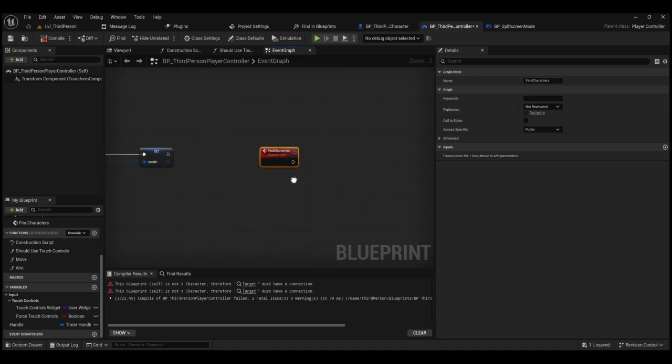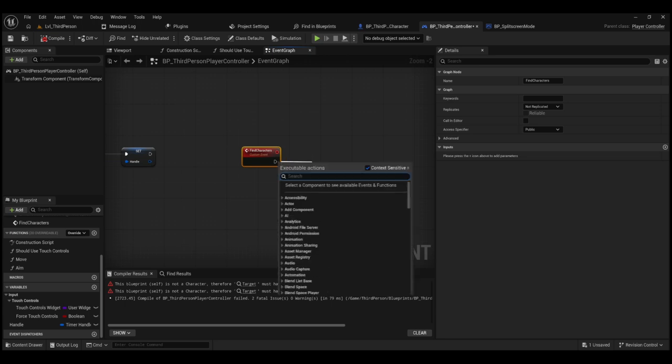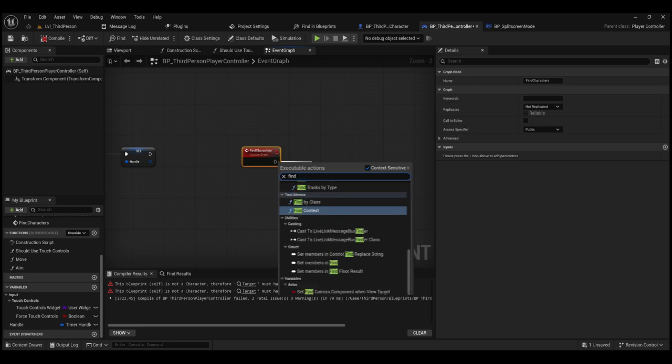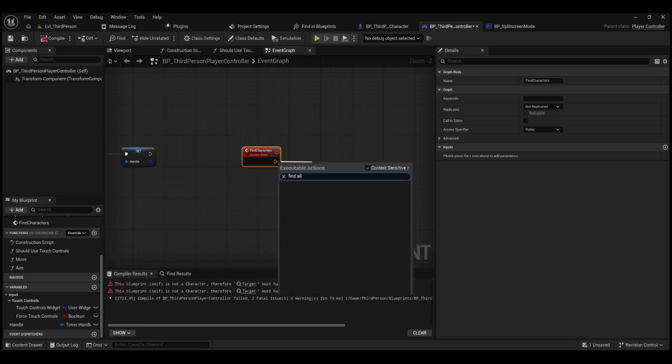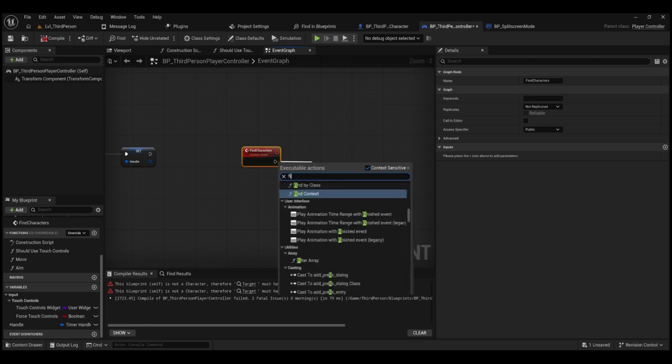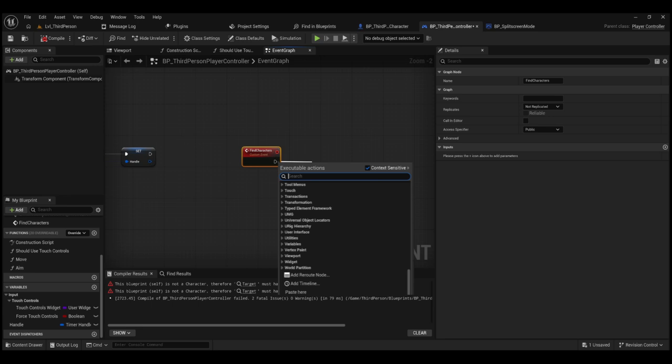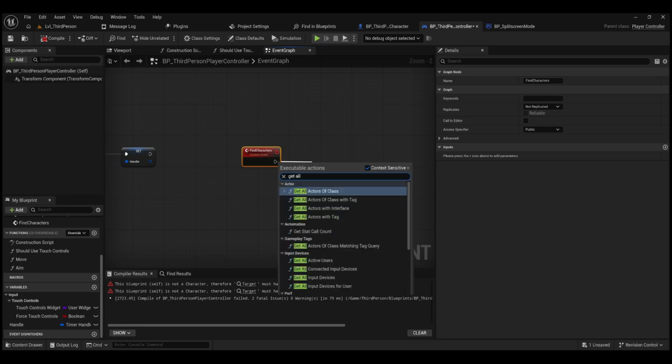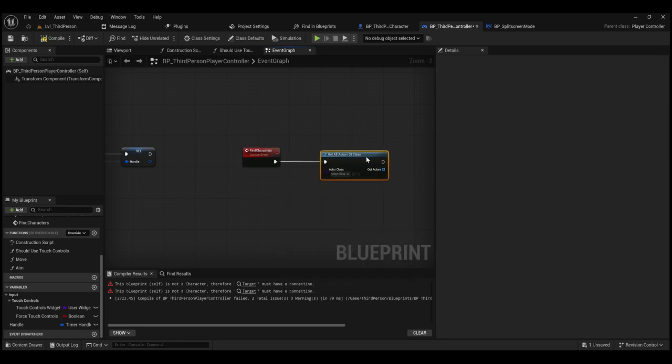So we'll move over to this custom event. And what we want to do, like I said, is find all the characters. So if I pull this out and look for find all, so it might be get all actors of class, sorry, not find. So you've got this get all actors of class. If I just use that, if I change the actor class here to my third person character,